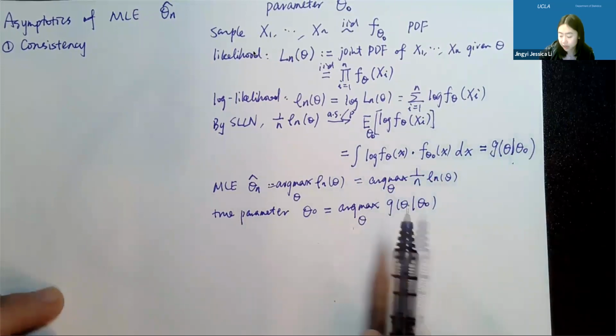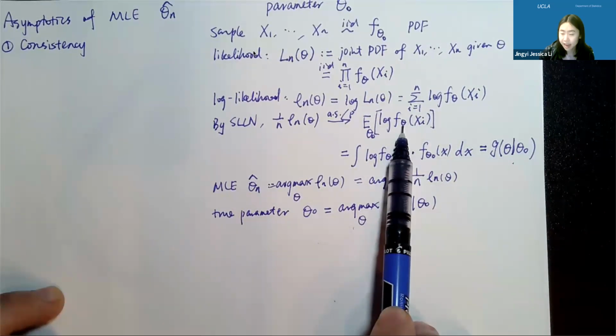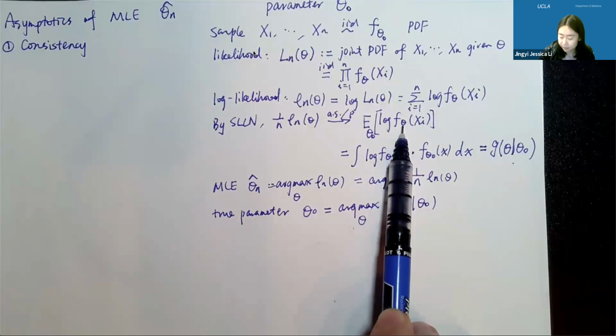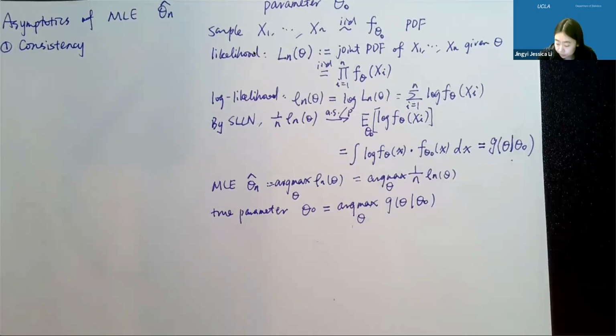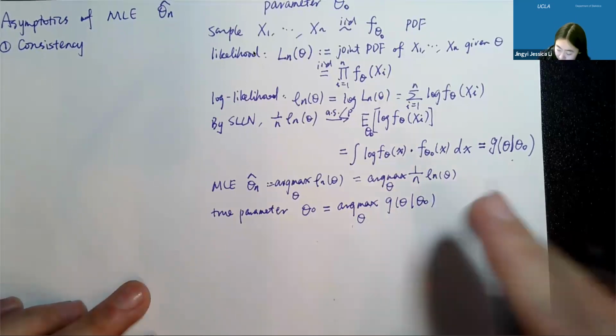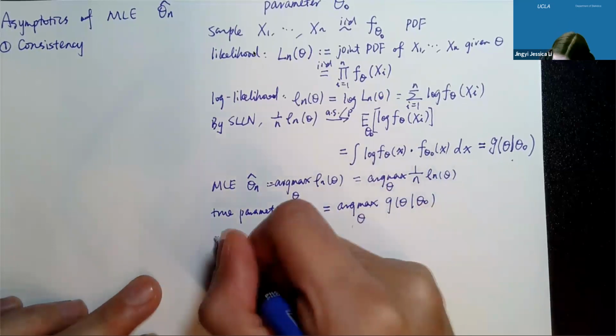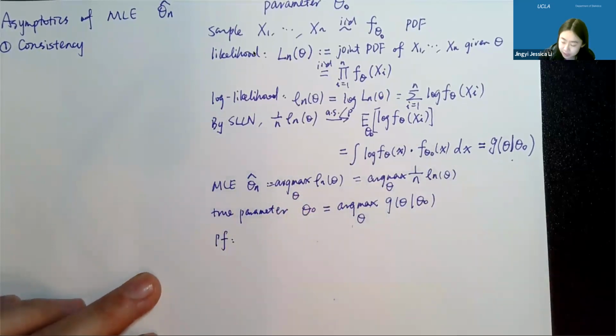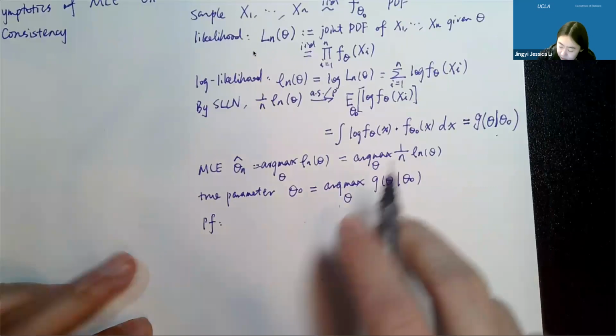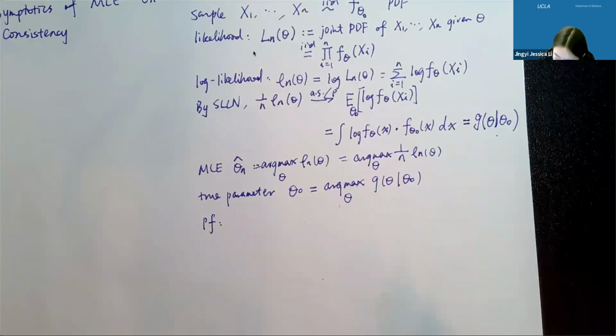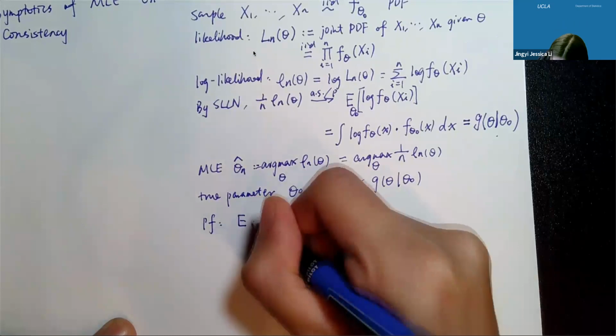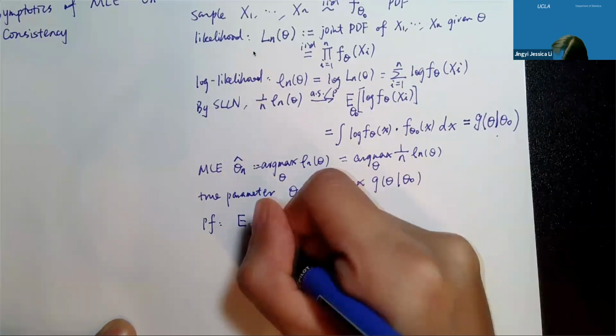In other words, if I have theta as theta 0, I can maximize this expectation. Okay, so how can we show that? The thing to show is this interesting fact. So think about this expectation. To prove this result, think about this expectation, and I'm going to show that the expectation of theta 0